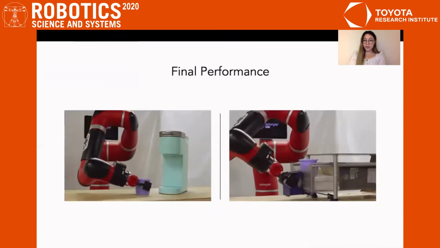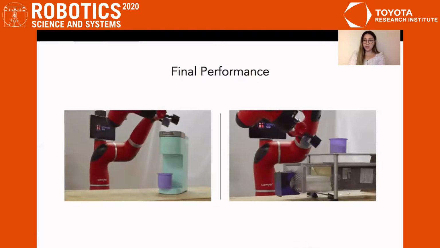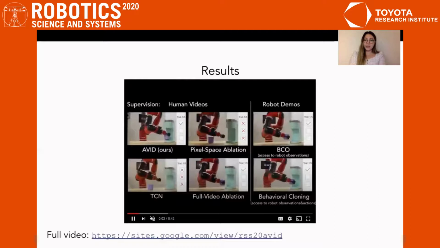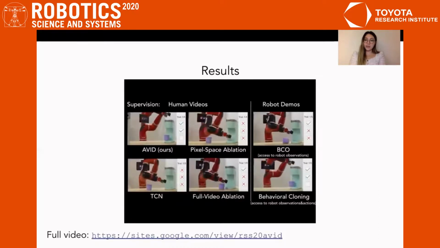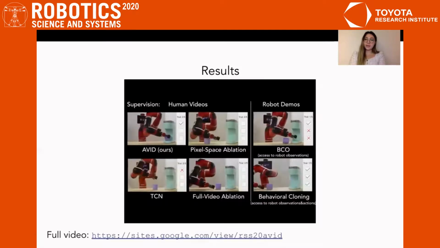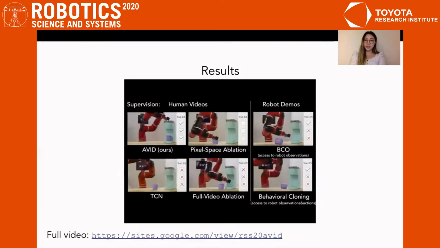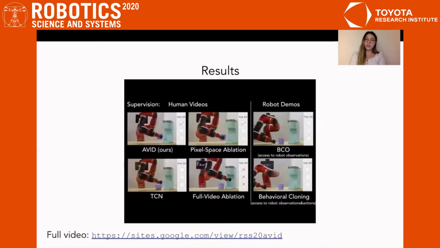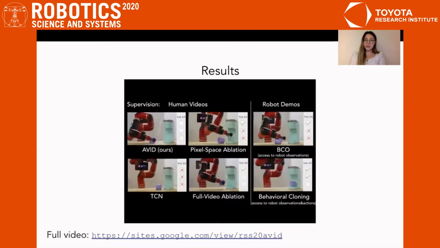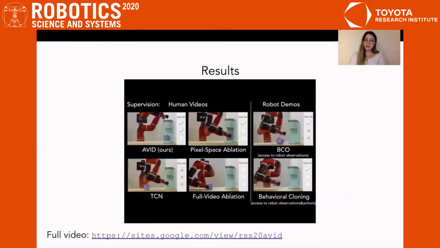This is the behavior learned by AVID on both of our tasks, and for the final performance, there is no human feedback or any kind of intervention. We compare to a number of ablations and prior work on both tasks. On the left, we evaluate methods which use human videos and find that AVID performs best. Specifically, AVID performs better than behavioral cloning from observations, a method that directly tries to imitate the full translated video, which suffers from translation artifacts and compounding errors from long horizon tasks. Our method uses segmented demonstrations to identify states that are necessary for success and incorporates retrying to alleviate these issues.